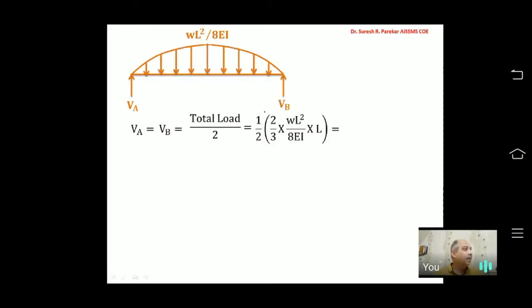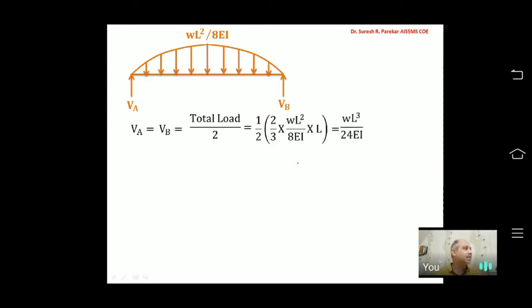Now is it the correct method, that is parabola and we are taking 2 by 3? No. Then what is correct, that we will see. But in examination to find the value for MCQs, you can use this method. But if you have a subjective question paper and you are going to find the value by this method, that is wrong. So then what is correct, that we will see after calculation of this, and what will be the difference between the two, that we also come to know from that.